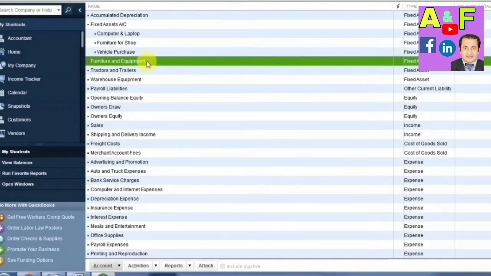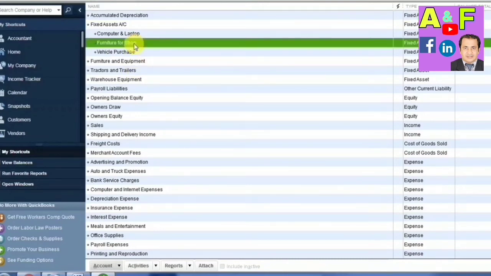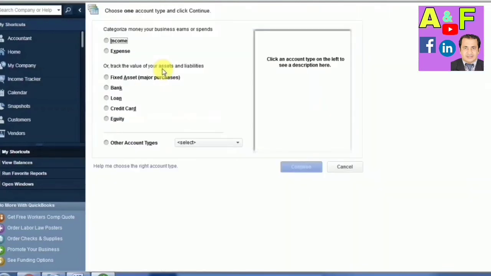Now we will try to create the accumulated depreciation, which we will learn in the next video also. So what is actually the accumulated depreciation? I will give you the explanation in my video, but right now we are just going to build up the chart of account, and we create which accounts we make as fixed assets, we must create for that one